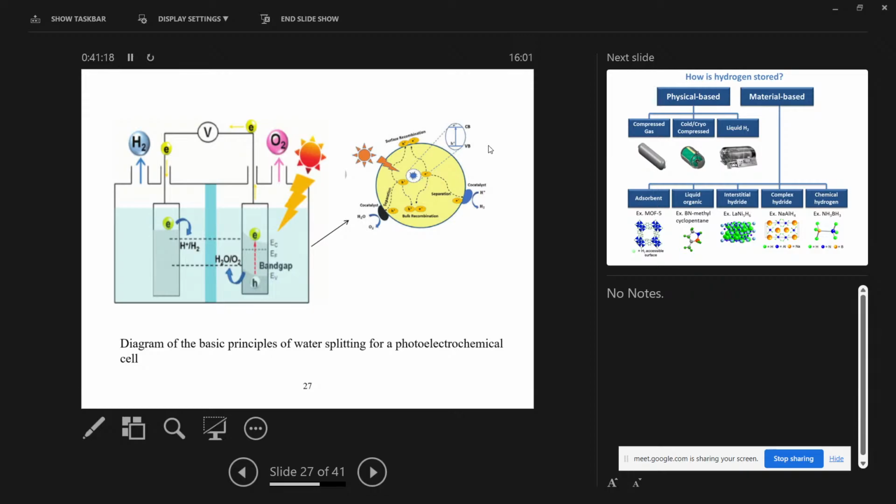If you see that the photocatalyst is there, and on the left hand side the co-catalyst is there, when the electron comes to the co-catalyst on the electron side, the hydrogen will be evolved and the oxygen will also be evolved on the other side. So you see that on the photocathode we get the hydrogen, and on the photoanode we get the oxygen.